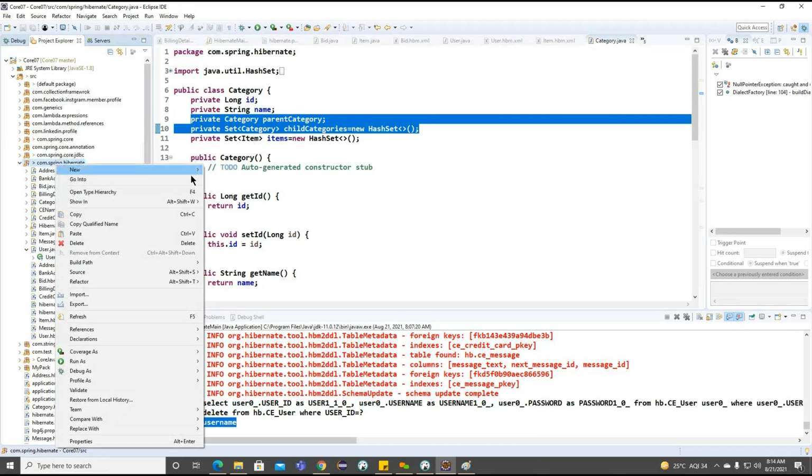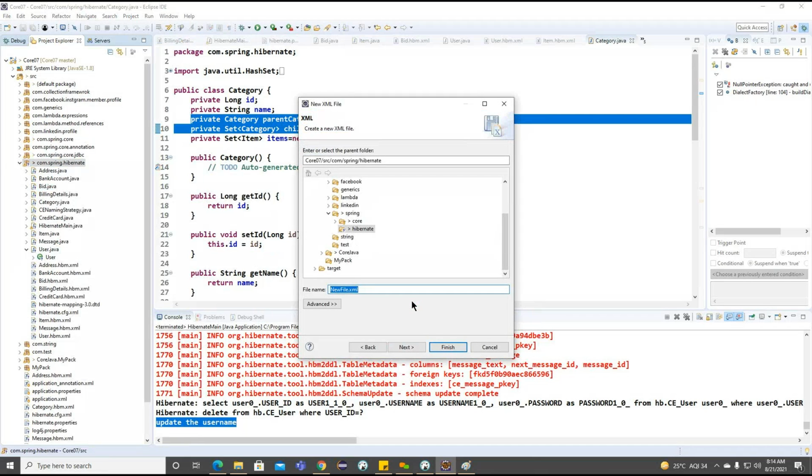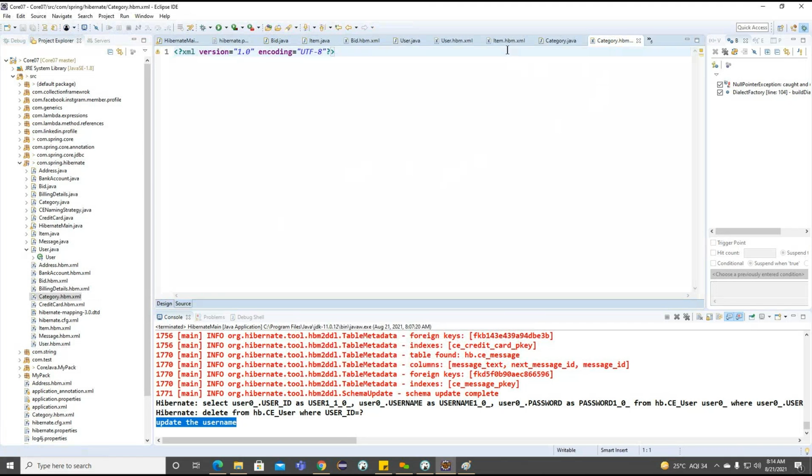So now I will create a category.hbm.xml, and I will click on finish here.